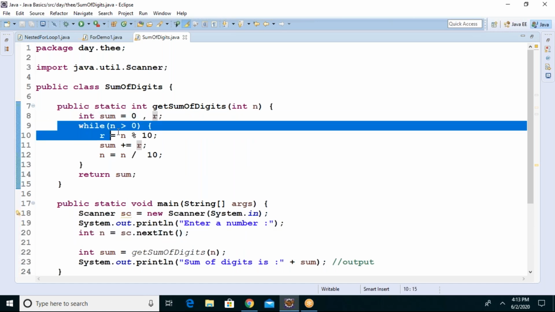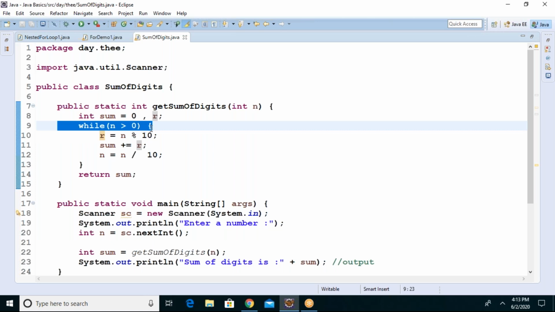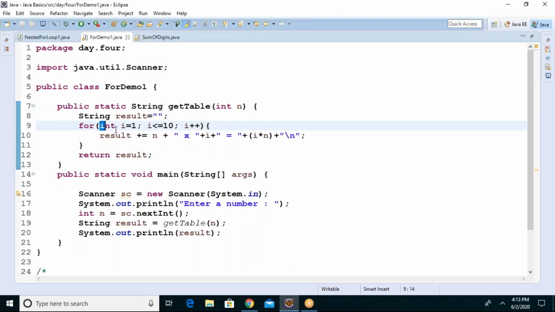So when you don't know the exact count, you go for a while loop. When you know the exact count, 1 to 10, 1 to 5, 1 to 11, 1 to 100, then you go for a for loop. Very simple. When you know the number of iterations, you go for a for loop. When you don't know the number of iterations, you go for a while loop. This is an important question even in interviews.